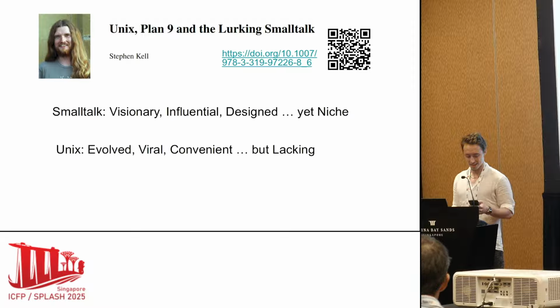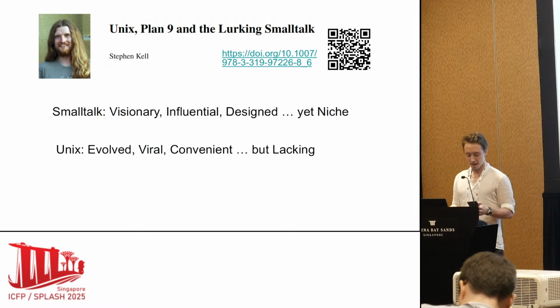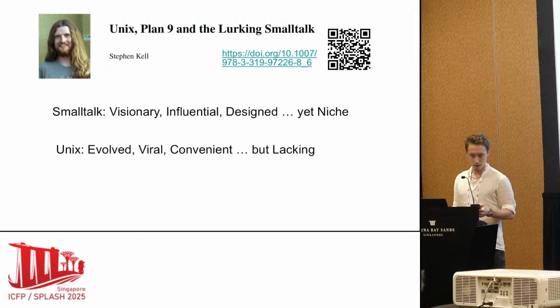In a nutshell, Smalltalk is important because it serves as an aspirational example of a programming system that is nice. It's coherent, uniform, integrated, and it's very much designed. Yet, despite being so adored, and despite being so popular a few decades ago, Smalltalk has clearly lost various competitions of popularity or awareness or users, etc., to other programming systems. If Smalltalk was once a mainstream programming system, it certainly isn't anymore. On the other hand, Unix is important because it won. It's ubiquitous and we all use it in programming. To Stephen Kell, this isn't just a random accident, it's the result of some decisive survival advantages that Unix has over Smalltalk.